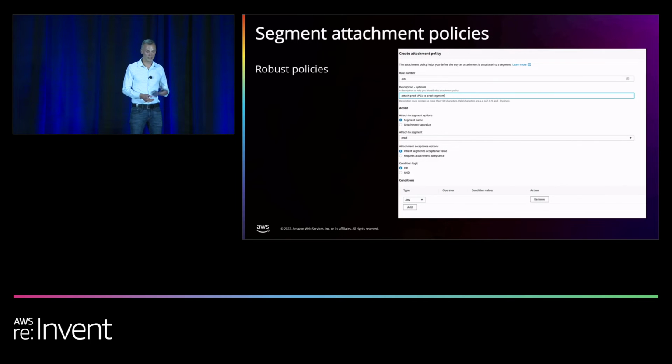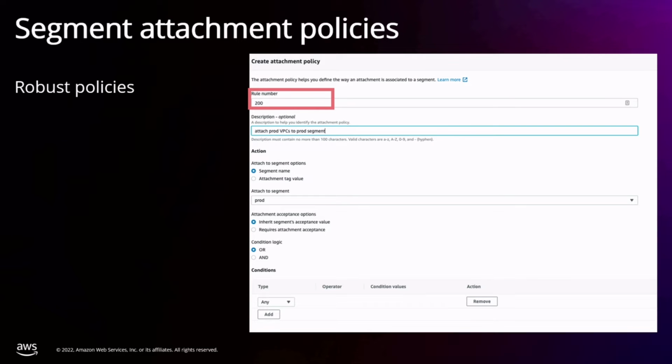We also have segment attachment policies. This is when we take our attachments to our core network and determine what segment they'll get mapped to. So there's a robust policy framework. We started with the rule number, so lowest to highest is how they're ordered. So you might want a really high-level default rule that says, if there's no specific rule for this, I'm just going to stick this in a deny all or just egress only, depending on your network policies and your organizational policies there. You have that ability to control the traffic.